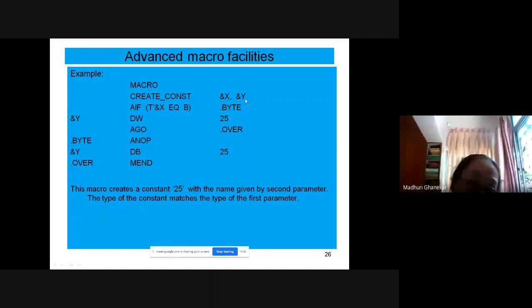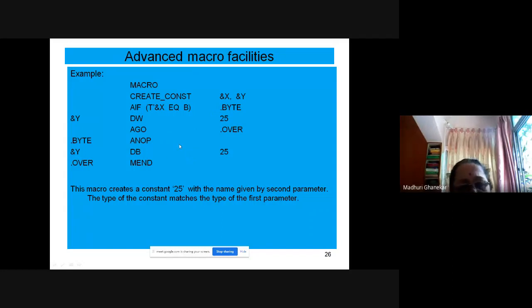Those are the formal parameters, but they are replaced by the actual parameters. So whatever is the actual second parameter, that will be created with that name, and it will be declared. And the type of the constant will match with that of the first parameter. Okay, so that is what we are doing.